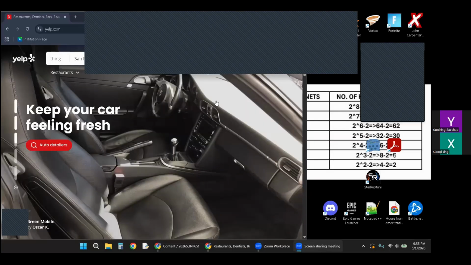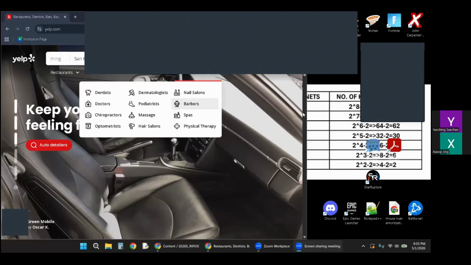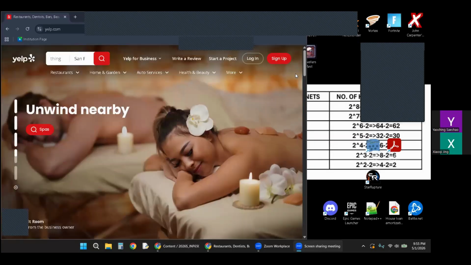If you are ready, please share your screen so I can observe how you use the website. Yep, we can do that. I can see your screen now.